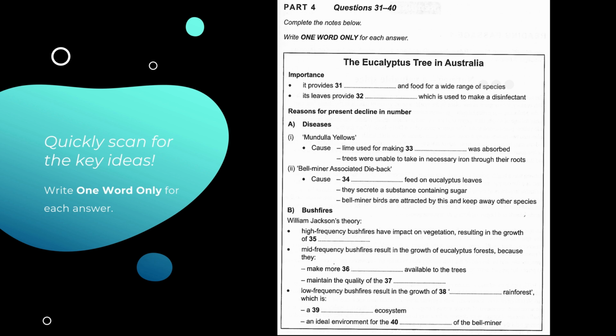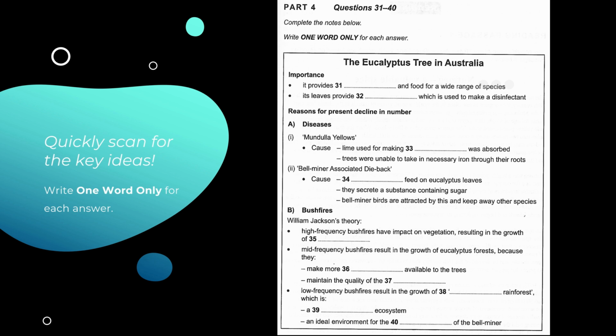Now, scientists believe that this reduced frequency of bushfires to low levels has led to what's known as dry rainforest, which seems an odd name as usually we associate tropical rainforest with wet conditions. And what's special about this type of rainforest? Well,